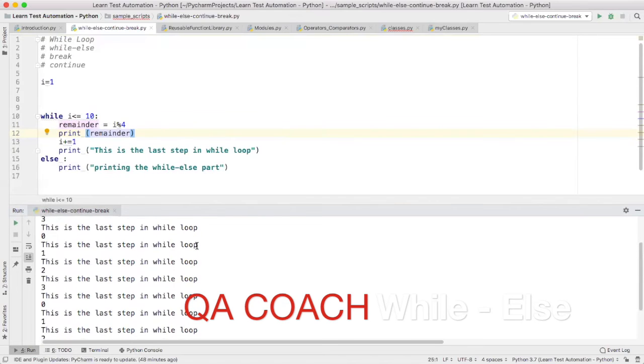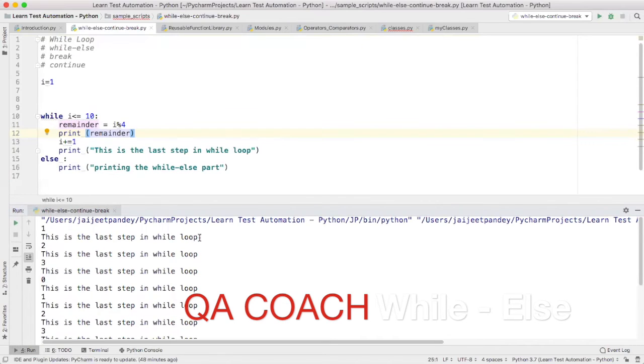So after each print statement, you can see there is a line. For each iteration, when value of I is 1, you are calculating the remainder, printing the remainder, and then you're printing, This is the last step in while loop. Okay, for 1 2 3, for everything it's getting printed. So now what we will do,